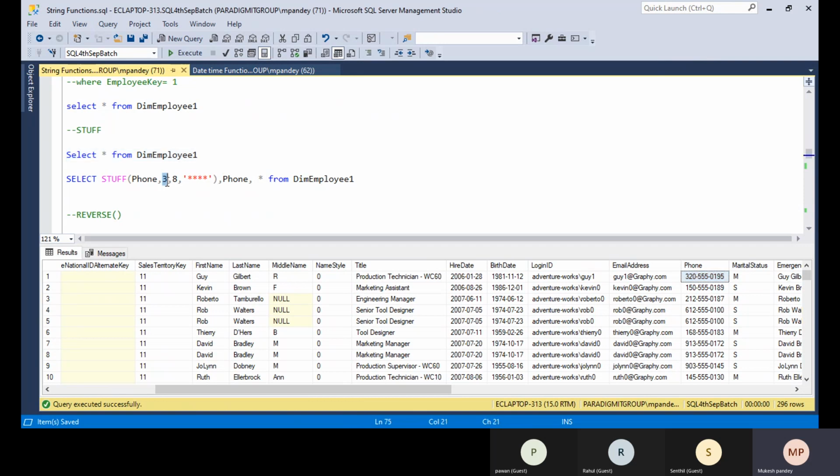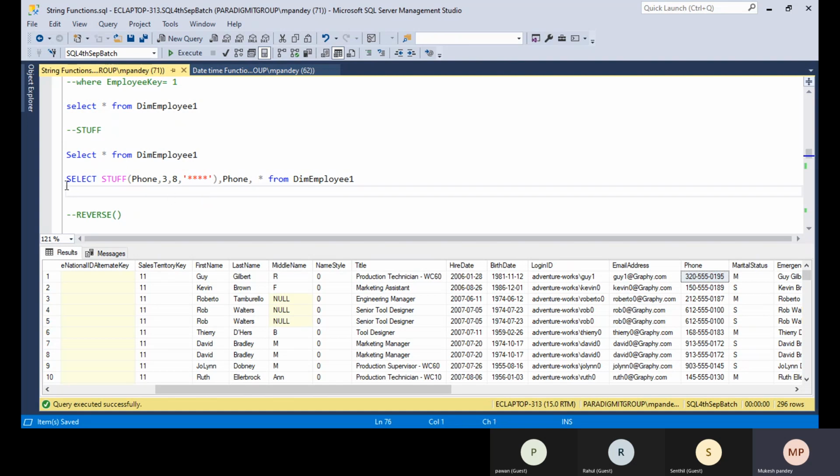So the starting position is given. If you give a 10-digit phone number, they start with the 3rd letter, and how many characters will be replaced. So I need to replace 8 characters, and what value you want to replace with. You can give a value like a star or cross, whatever you want.